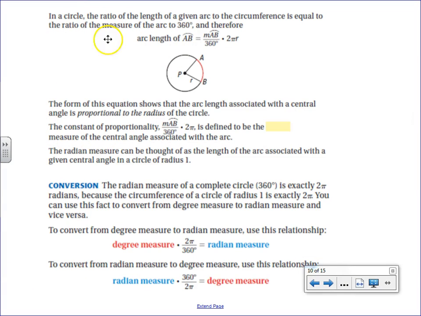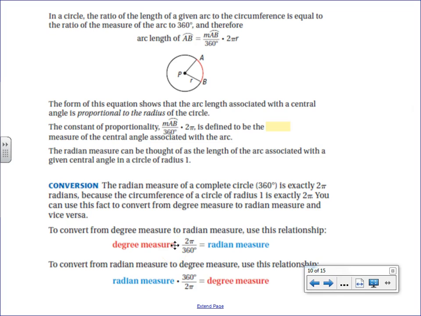All right, so this information you have in your notes just explains how we calculate the arc length. Again, the bottom part talks about how we can convert radians and degrees. This top part deals with how we find the length of that. This bottom talks about the radians that we just discovered and how we can convert back and forth between radians